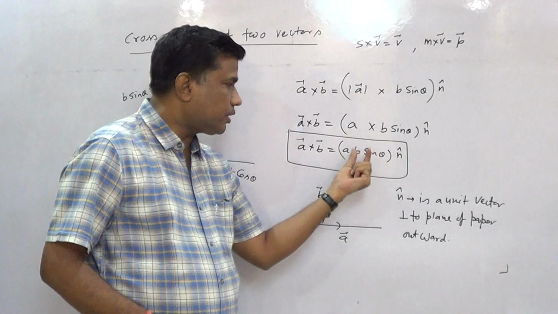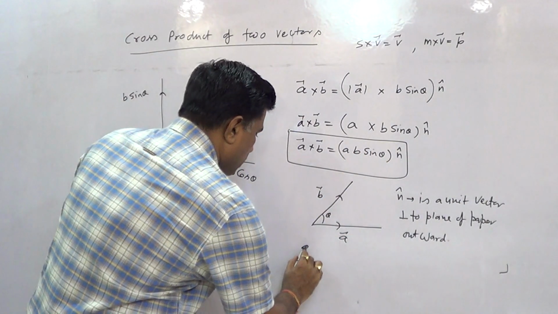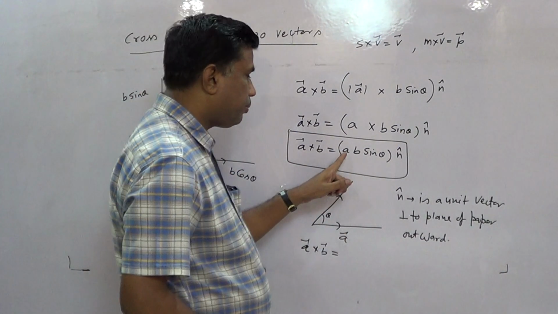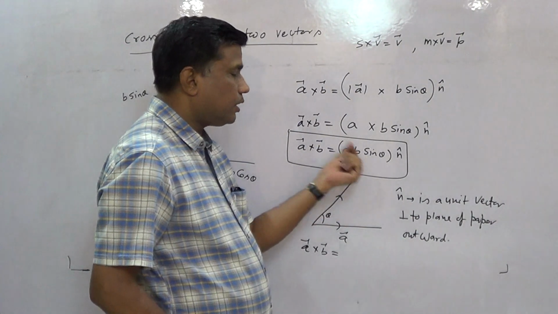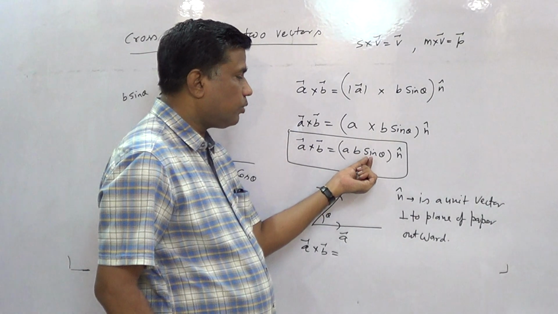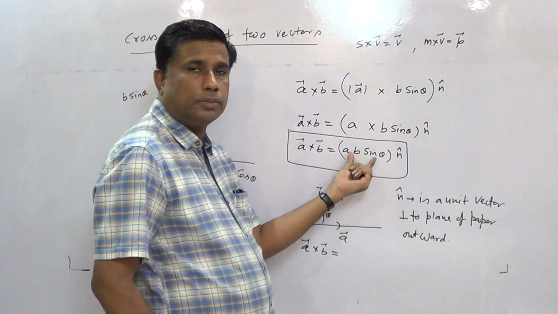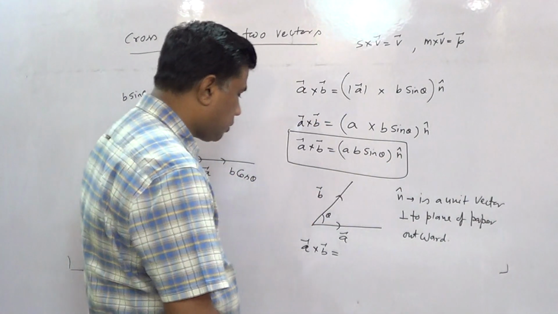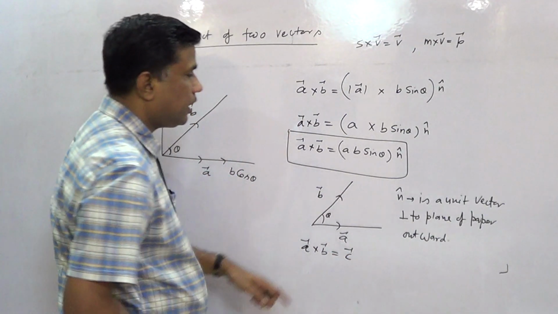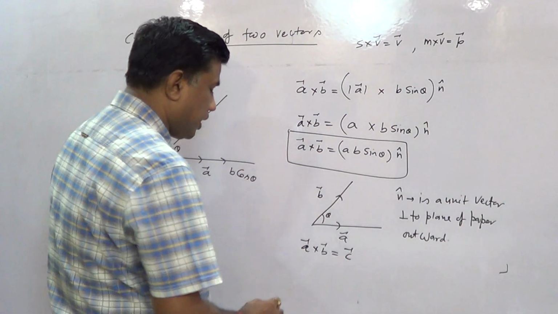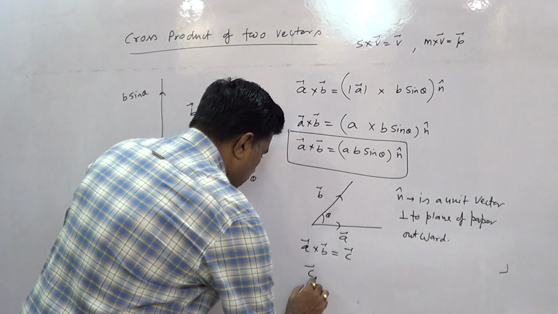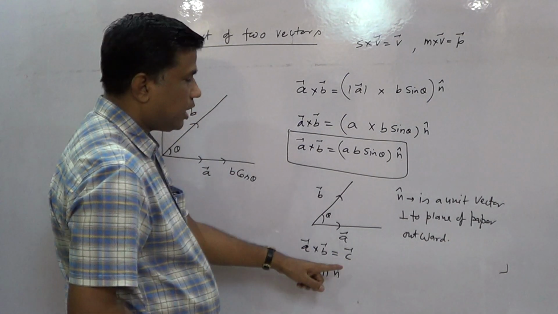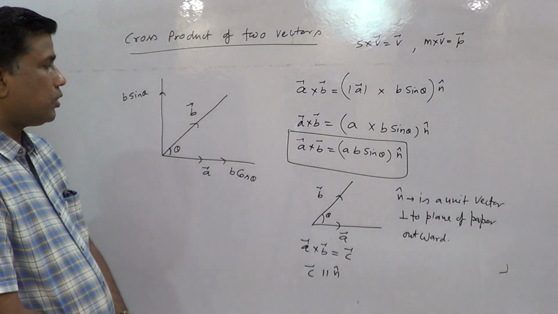If we assume this whole vector is equal to vector C, बच्चों मान लिया ये पूरी वैल्यू, क्योंकि ये पूरा स्केलर आएगा, मान लीजिए A 4 है, B 3 है, sin 30 है, तो 12 into sin 30 is 1/2, तो ये एक नंबर आएगा, 12/2 equal to 6 into यूनिट वेक्टर, तो वो एक वेक्टर हुआ। तो उस वेक्टर को थोड़ी देर के लिए वेक्टर C मान लिया। इस वेक्टर C का डायरेक्शन क्या होगा? जो n cap का डायरेक्शन होगा। So direction of C vector is parallel to n cap, meaning direction of C is taken along the unit vector.